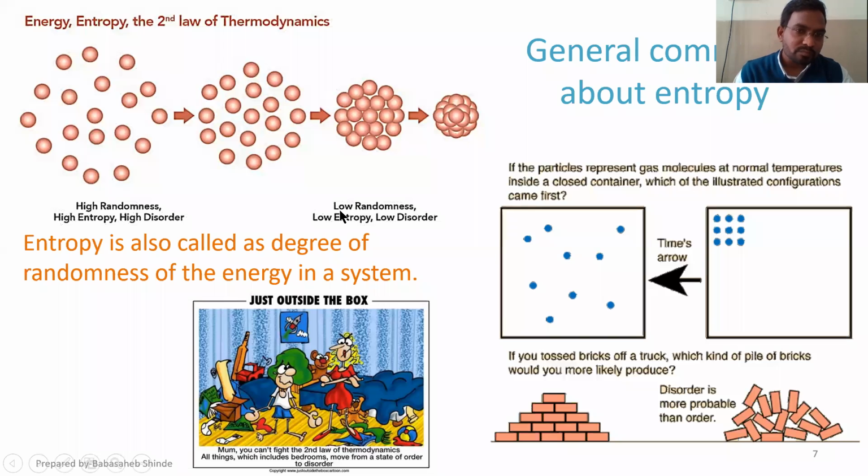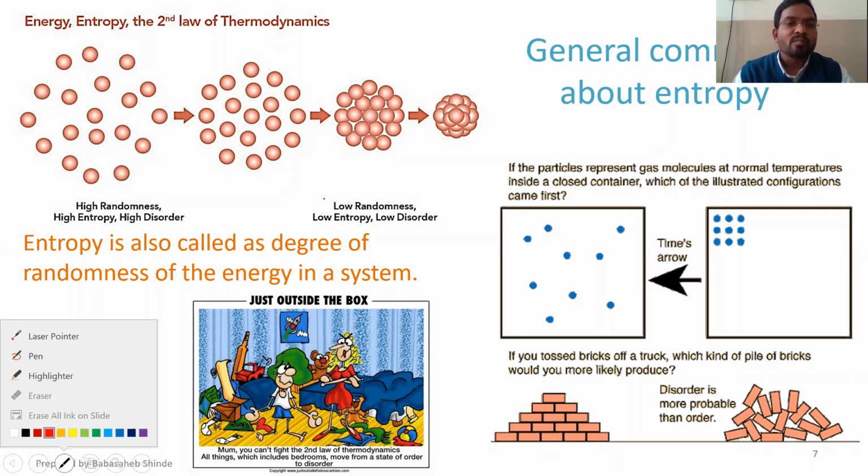As we know, whenever there is a conversion of one form of energy into another form, there is involvement of disorder. When you convert one form of energy into another, there is usually increase in disorder. And we also know that whenever there is increase in disorder, there is going to be increase in entropy also. So there is close relation between disorder and entropy.